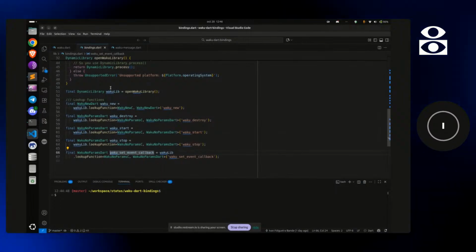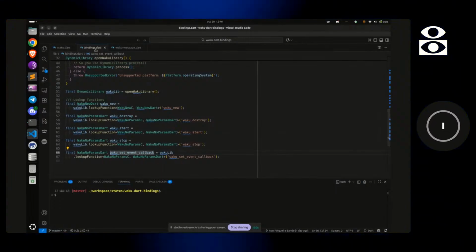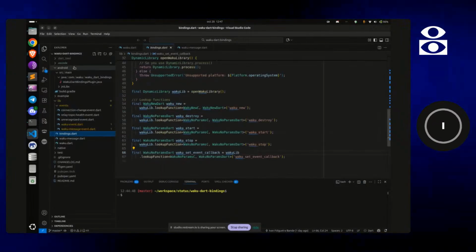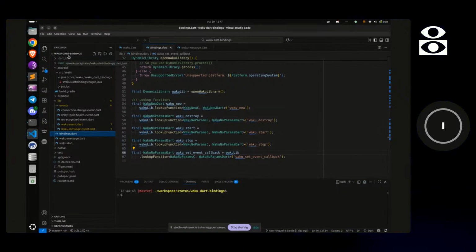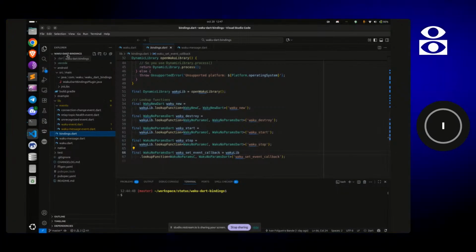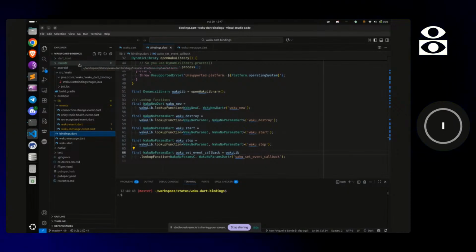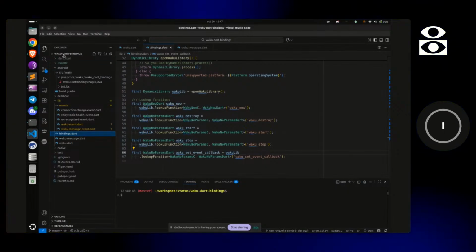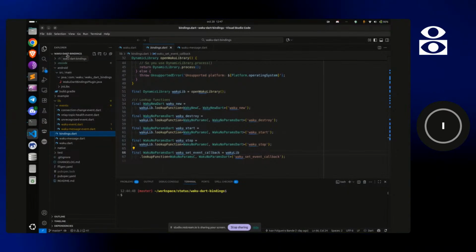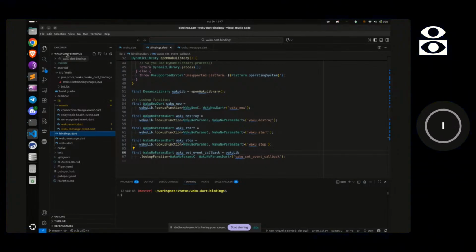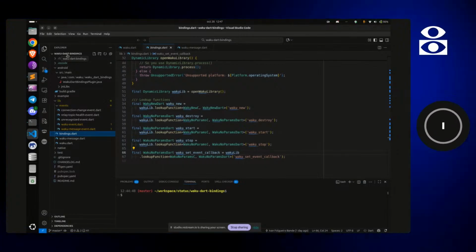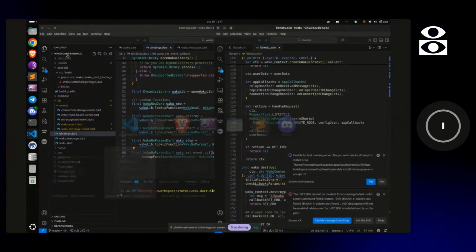And okay, the main important thing to bear in mind is that these Waku Dart bindings is a wrapper, and we need this to be a package to be consumed by any other Flutter/Dart application.